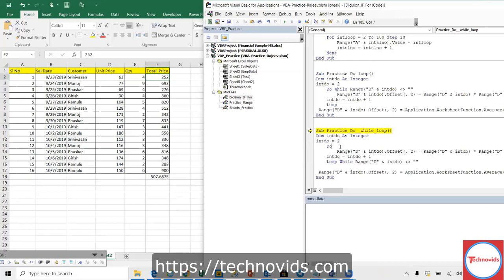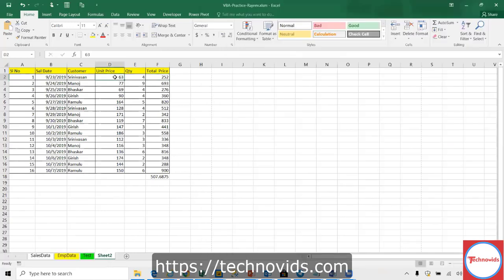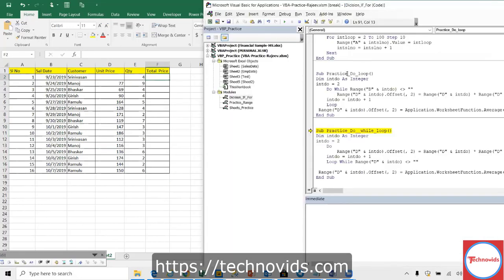This loop will execute at least once because after do it's coming inside without checking any condition, right? Here, it will come out. Range of D, let us do this as a blank and let us try to execute this.